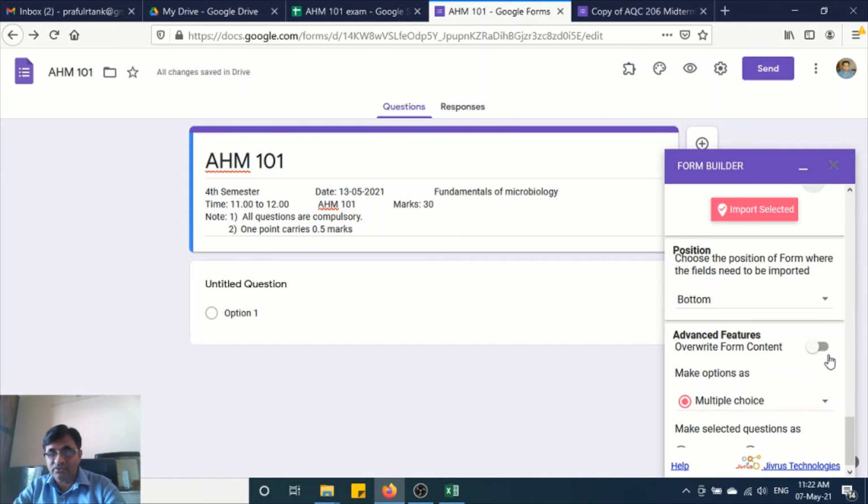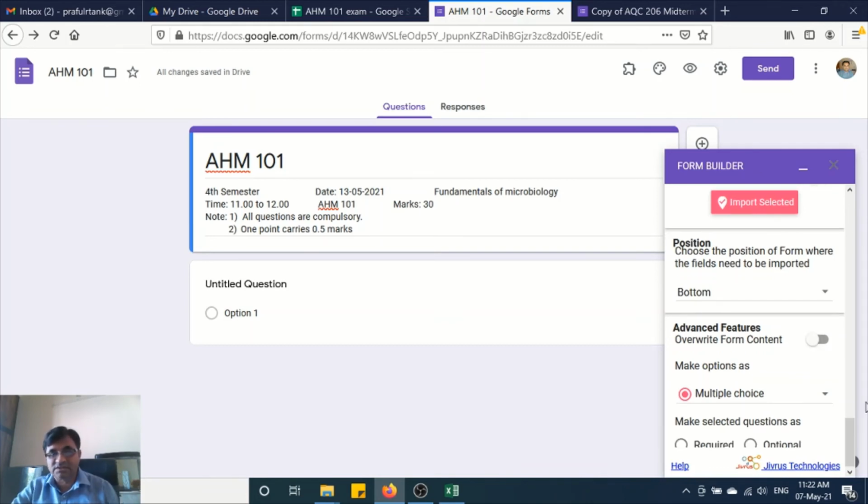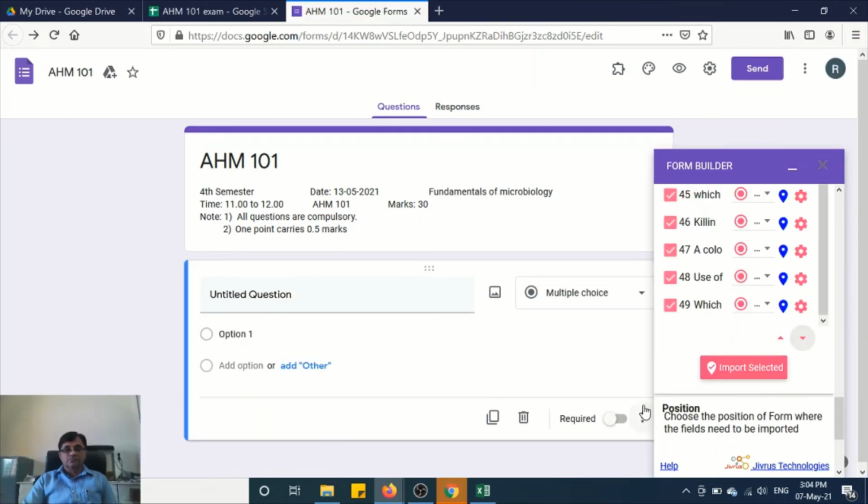But before that, you can make the questions required or optional. You can just click the required. So all the questions imported will be marked as required options only. Now you just click on import selected.